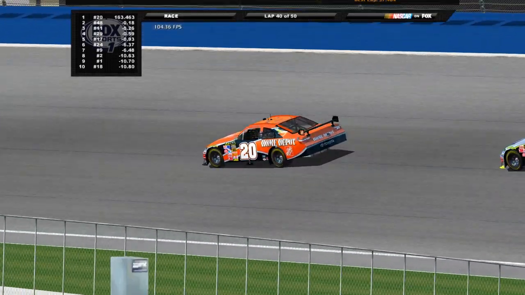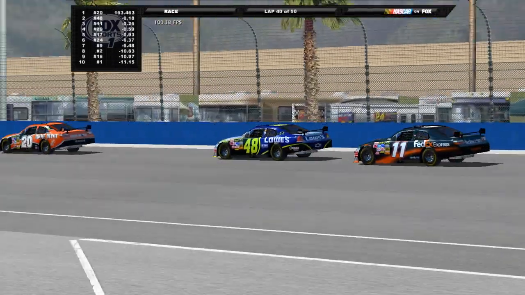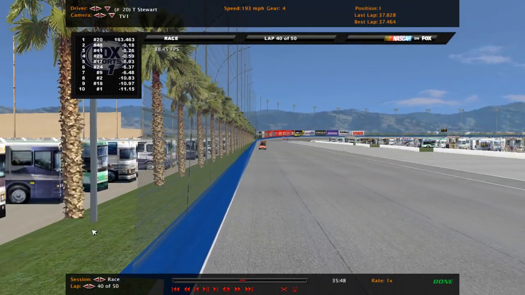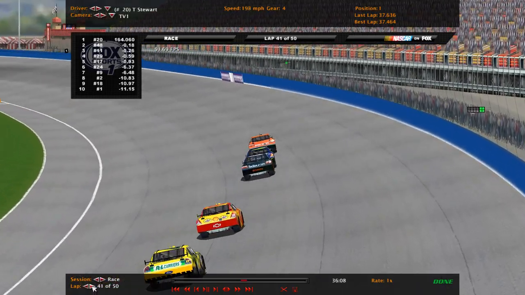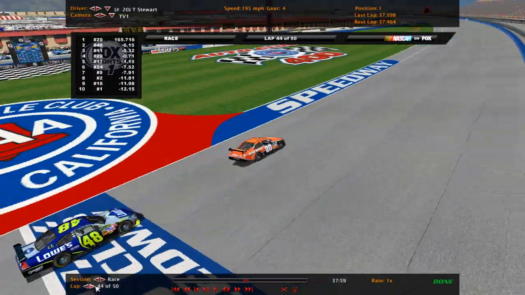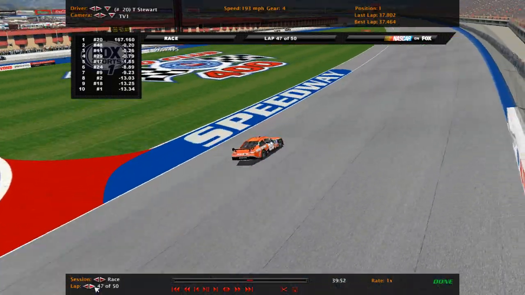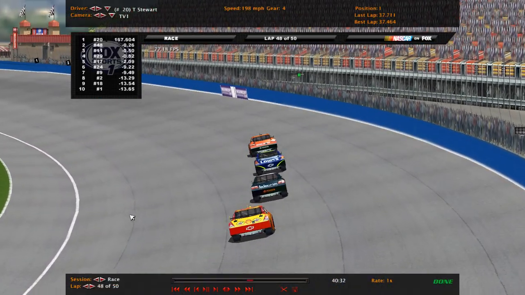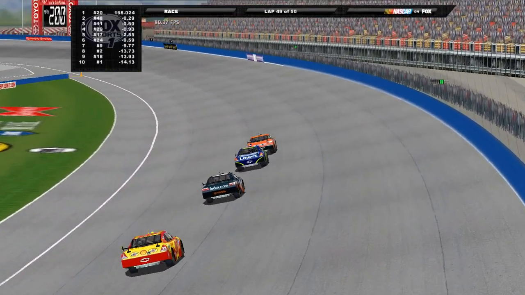Of Stewart, 48 of Johnson, the 11 of Hamlin. Still 1, 2, 3 right there at the front of the field. We're going to jump through a little more. I think it's going to be a clean and green run to the end. I don't think anyone's going to be able to get by Stewart, unfortunately, because